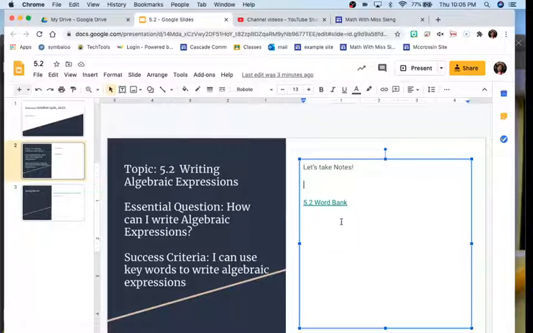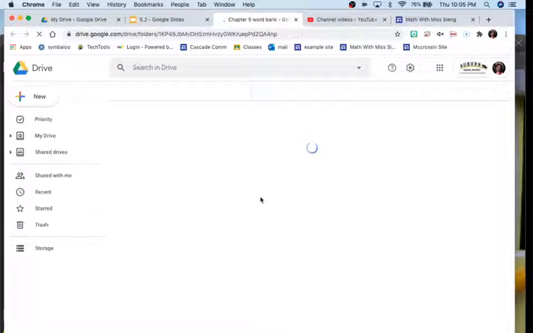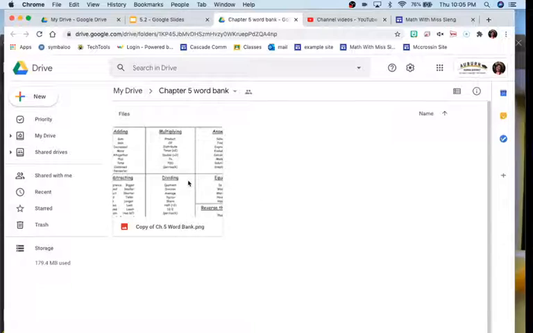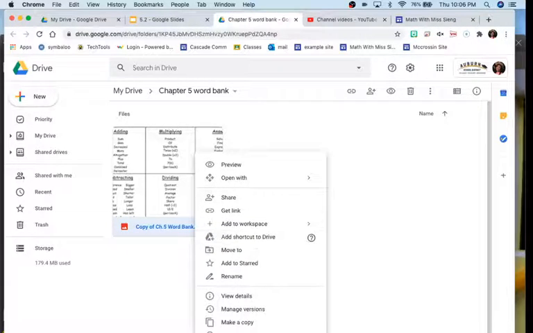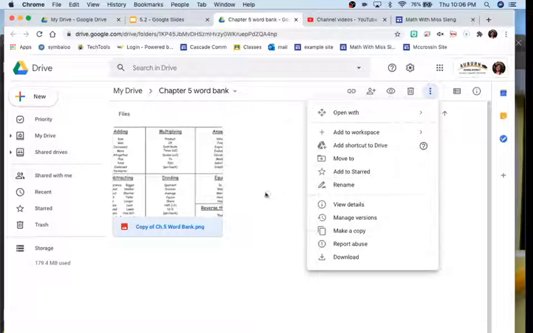Another way is to go to the PowerPoint, click on the link, and do it that way. Or click on the link that's on the Google Classroom post. Okay. After you click on the link, it should take you to this folder, which has the Chapter 5 word bank. What you need to do is you click on it. You can right-click it, or you can click. So if you right-click it, this happens. Or you can use these 3 dots on the side here. It also opens the options. Either one works. You will then make a copy,